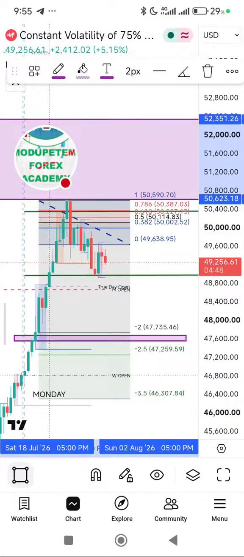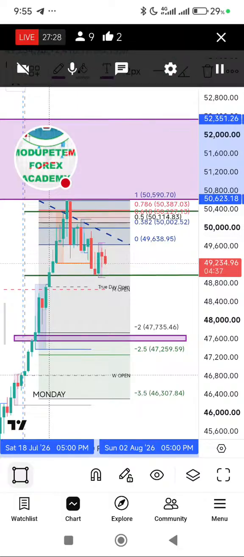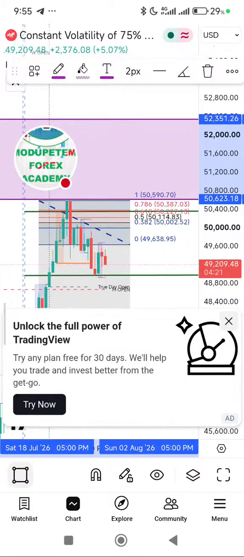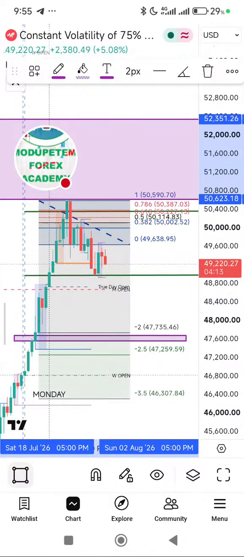So we've ascertained that we are bullish, and then bearish for this week. But before we are bearish for this week, we expect them to form the weekly high. We expect the weekly high to be formed tomorrow, which is Tuesday. In the weekly structure, Tuesday is known for the weekly high. Tuesday, Wednesday, or Monday by London session, either of the 3 days, you expect the weekly high or the weekly low to be formed. Once the weekly high and the weekly low are formed, the market will expand from it.